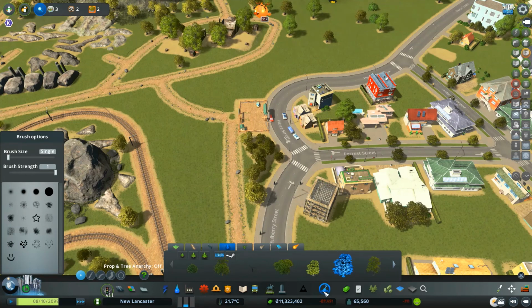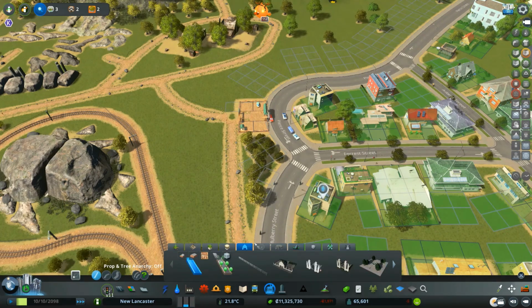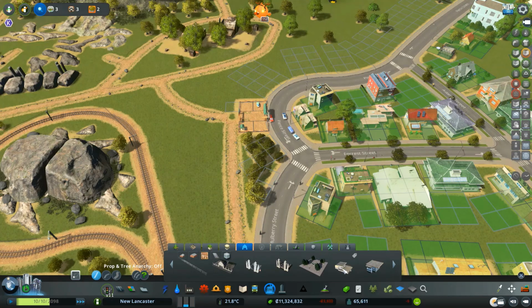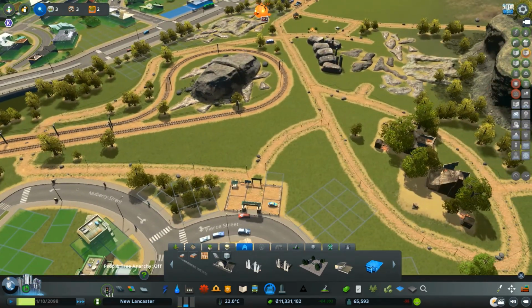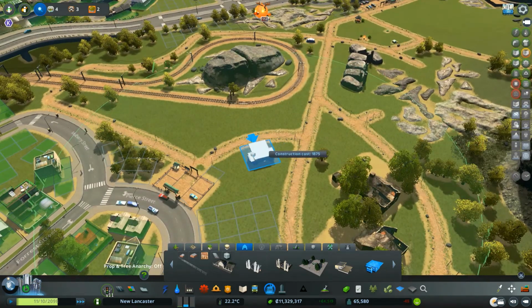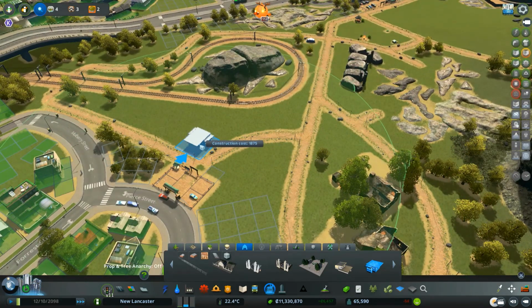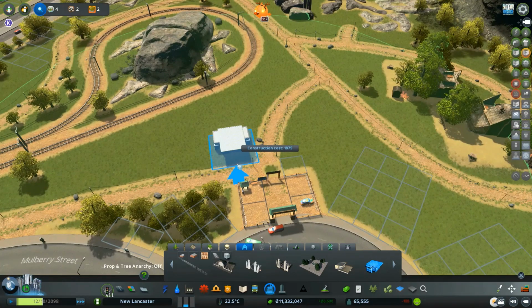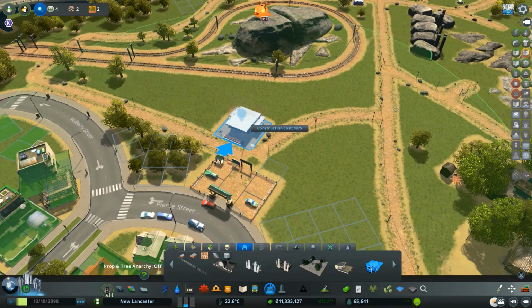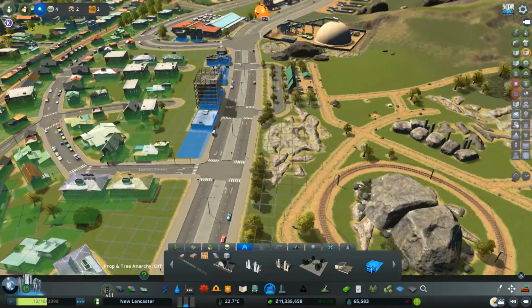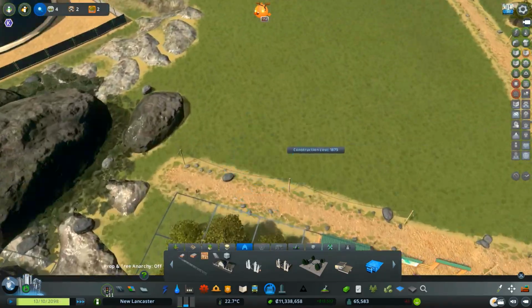Cool. Okay, so now what's also going to help add to the theme of this type of nature reserve is going into the parks tool and grabbing, because this is more like a day park, like you come here with your family kind of nature reserve. So this is definitely going to need bathrooms. So we'll put a bathroom there, and we'll put another bathroom.